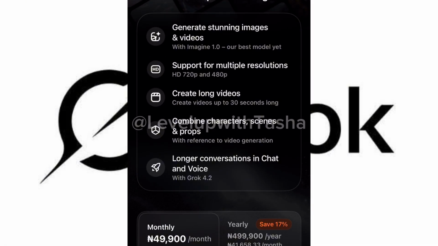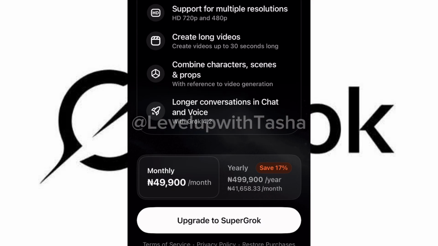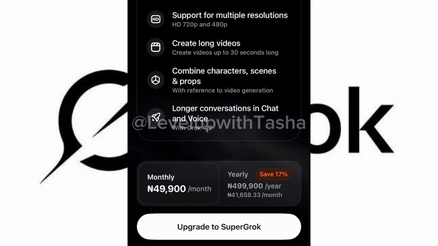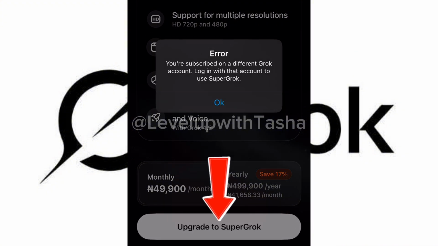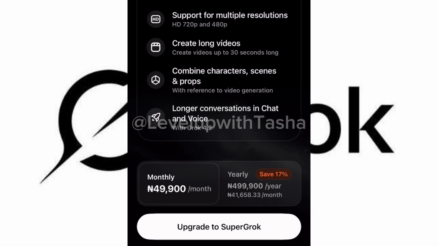Can you guys see? They brought me back to this subscription page where I need to upgrade. Now, this is what you're going to do. Go ahead and click on upgrade to Super Grok. Don't be afraid. As you guys can see, I'm already subscribed in that first account that I showed you, guys. So they're not going to allow me to use another account to subscribe until I cancel the subscription for that other account. Now, what you're going to do is click on upgrade to Super Grok, and